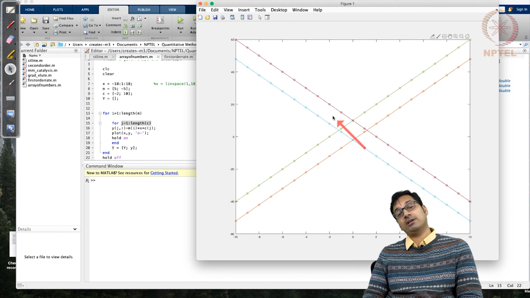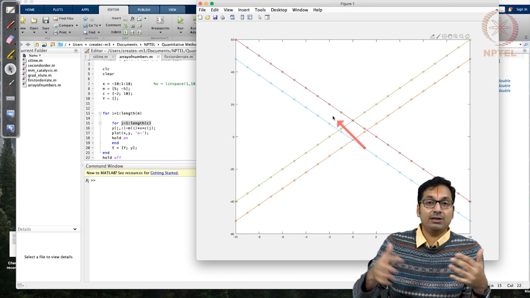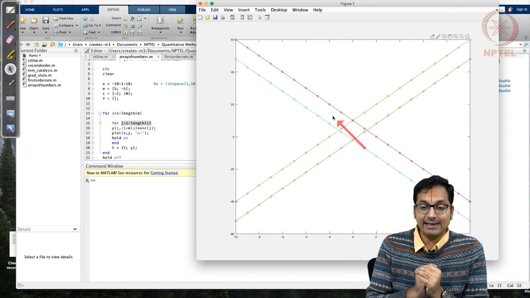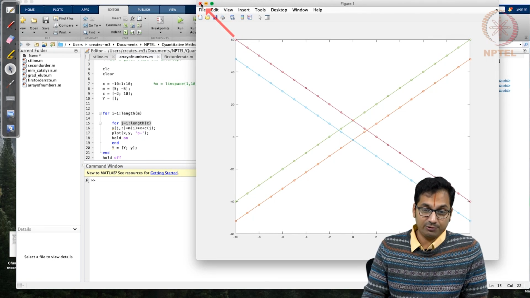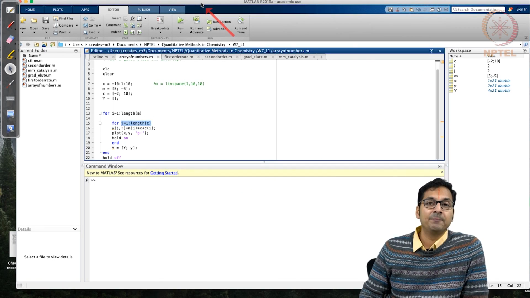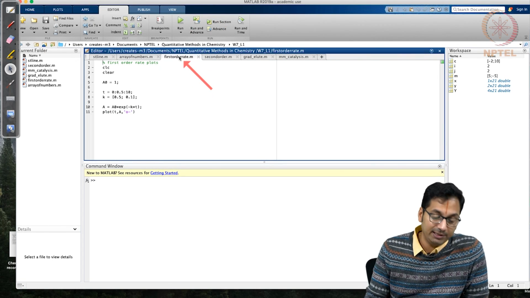Although they have different slopes, the intercept is the same, and the green and the purple have the same intercept of 10. So what you have effectively done is massively parallelize the code such that you can generate these numbers quite easily, so that you can take a look at how these functions look. Of course, we have taken a very simple example. Nothing simple will exist in science, so we will slowly complicate our life.